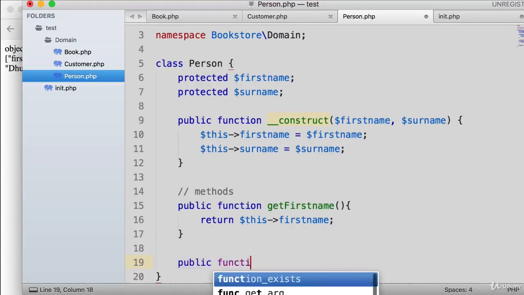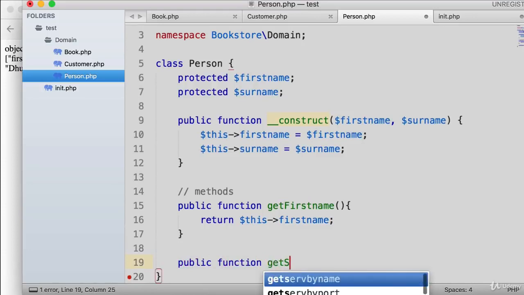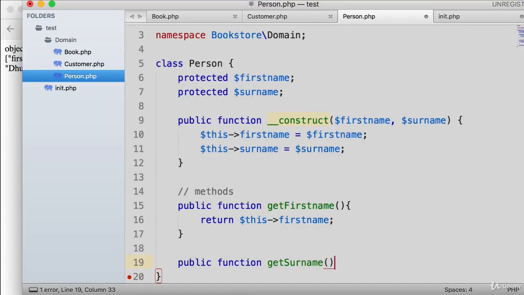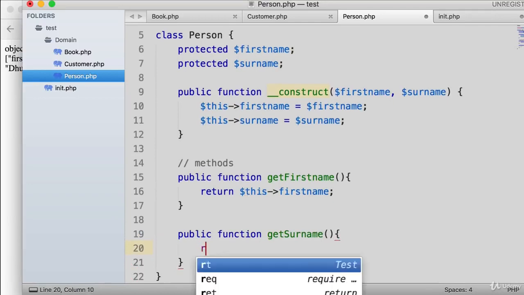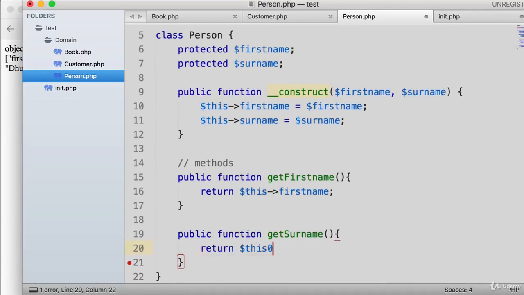So public function. Okay, so we got this new class. It has the properties first name and surname. It has the constructor method, and it has the get first name and get surname methods. Awesome. We're doing all this so that we can extend